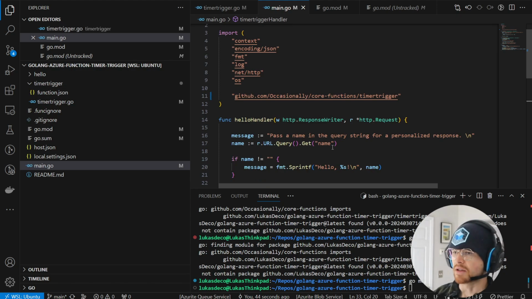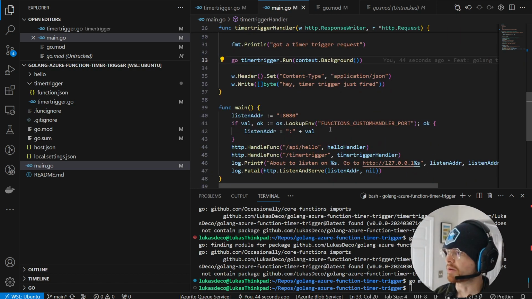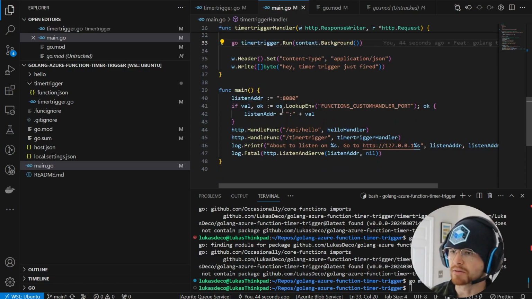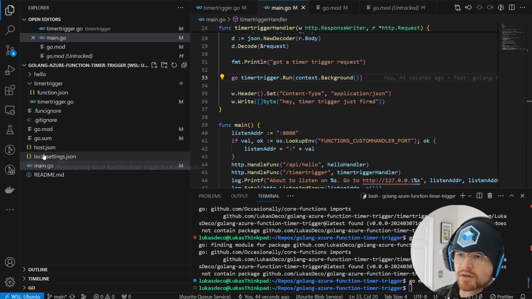So basically, this is great because this is truly serverless. You can scale this to 0. It's truly running your Go Azure function only when you want it. It's not like just sitting there. In my last video, you had kind of a cron job type thing in Go, but it required the server to always be running. So what we have here is basically Azure offers these custom handlers, and I've whipped up this